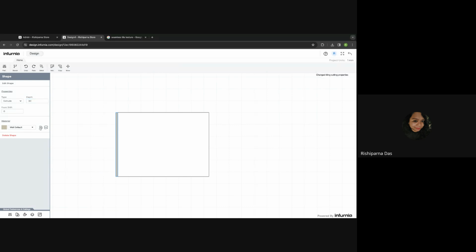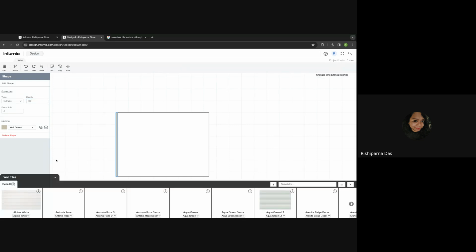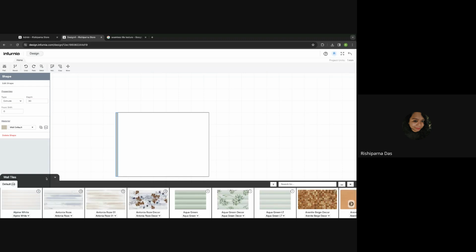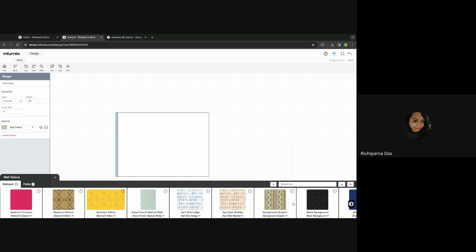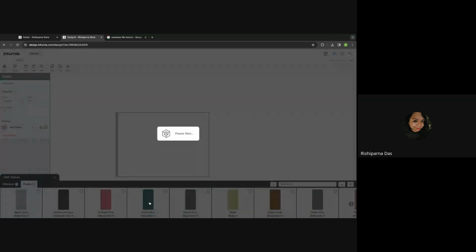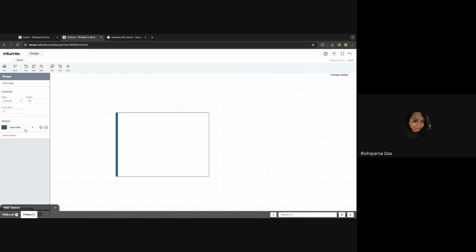And I can also change the material of the rafter however I want. Let's say I want to have a wall texture only. I will create a texture which is a paint of blue shade, let's say, right? And I'm painting it in that way. Once I've given the properties to that particular rafter, I'll copy this rafter